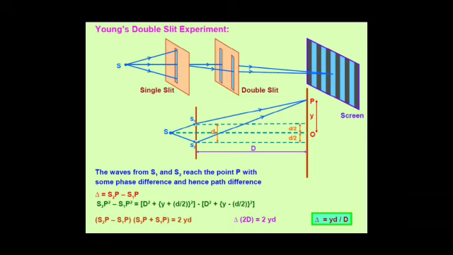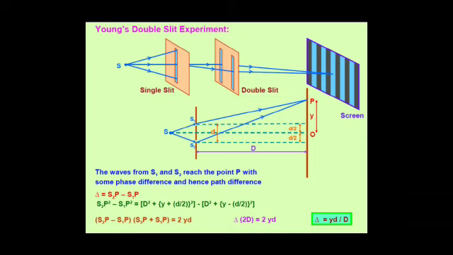To observe the interference pattern on the screen, we use these two slits S1 and S2. The distance between the two slits is represented by small d, and the distance between these sources and the screen on which we obtain the interference pattern is represented by capital D. We see O is the midpoint of the screen at which the light waves coming from the sources S1 and S2 reach, covering equal distance or having no path difference. So the central fringe is a bright one. We obtain a bright fringe at the center O.